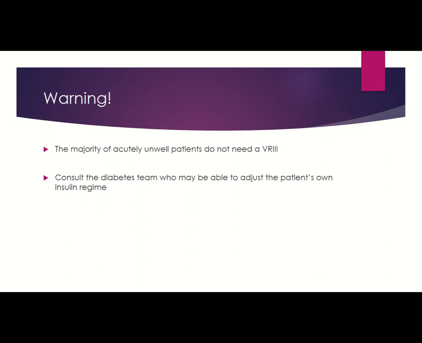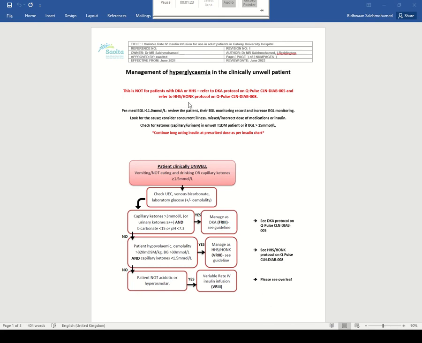Proceeding on to the protocol itself. This would be found on QPulse by searching for variable rate IV insulin infusion. You should not be able to get that if you look for DKA or HHS. The first page is a guide to ensure that this protocol is not used for patients who should be on a DKA or HHS protocol,